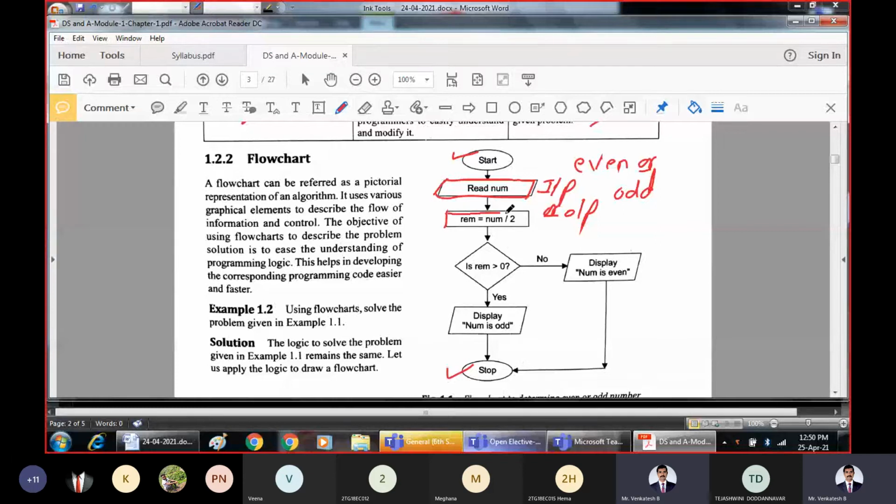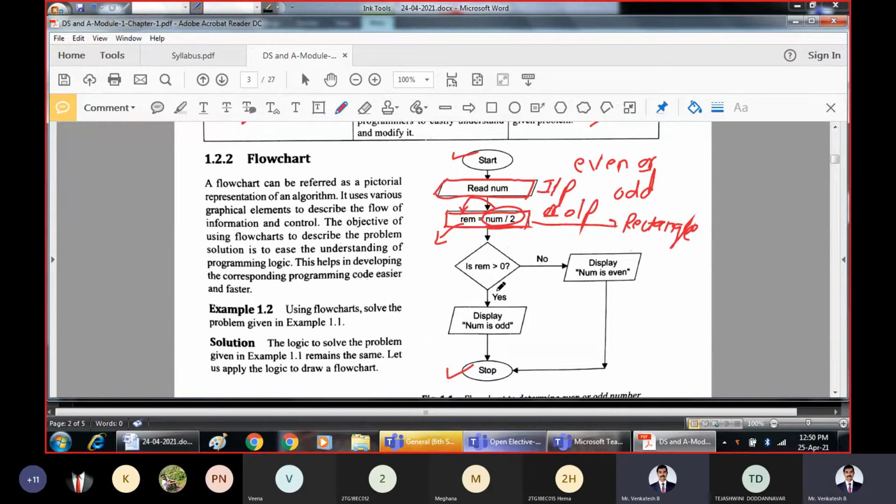Next, this is rectangle. So why is rectangle used? Rectangle is used for performing the calculation part. The computation part or calculation part will always be shown by using the rectangle. So what is the calculation part? We know that to find whether the number is odd or even, we first divide that number by 2. That is what is happening here. The given number is being divided by 2 and we will get the remainder part. That is, RHS will be evaluated and that will be stored in the LHS part.